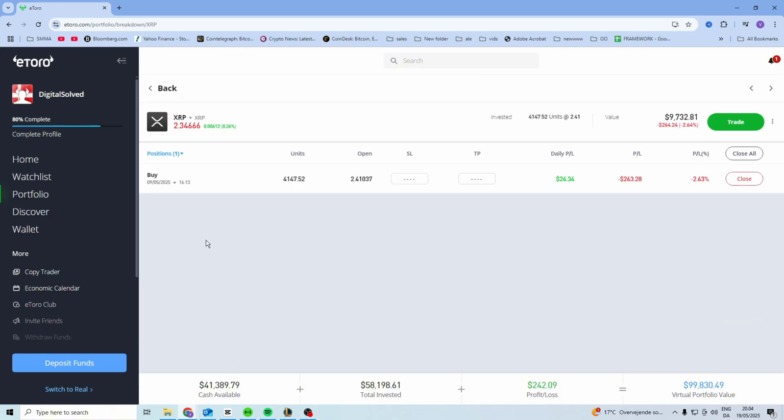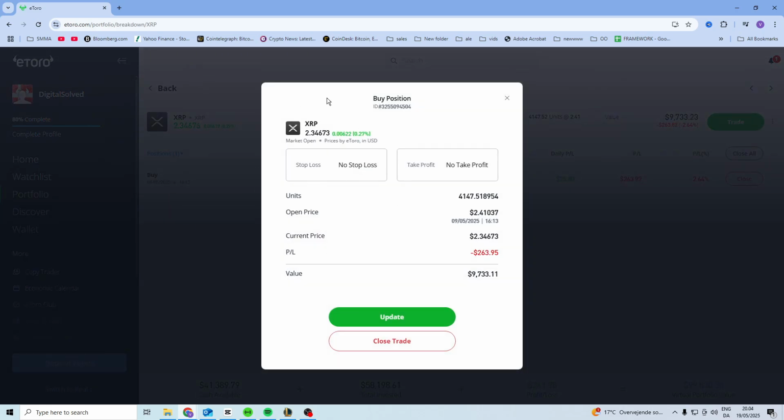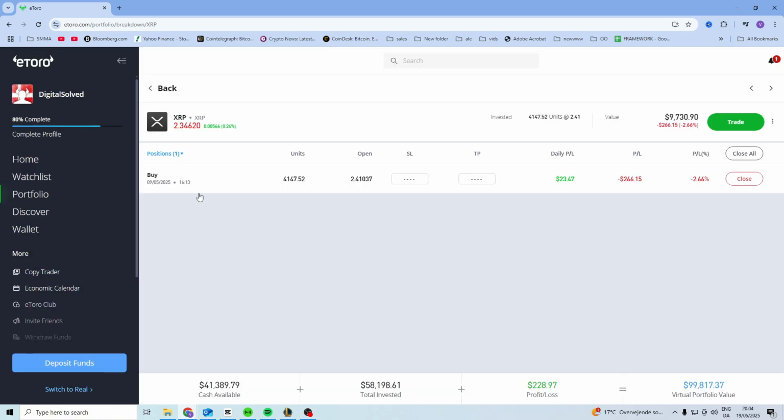Then just select the crypto, click on it in here, and there will be a move to wallet button. Now click on that and it will be sent to your eToro Money app. Now I don't have this because my account is not completed, but you should be able to see that. Then once you have sent the crypto to the eToro Money, what you want to do is you want to